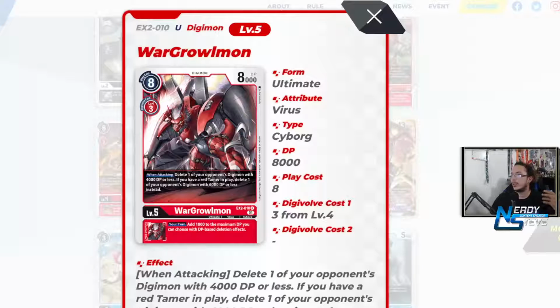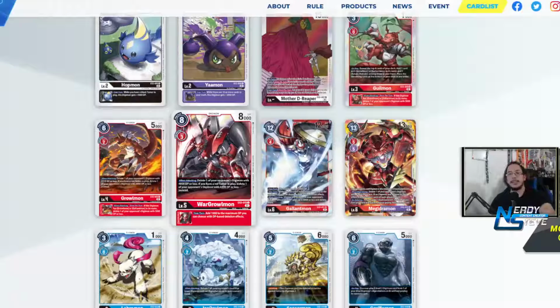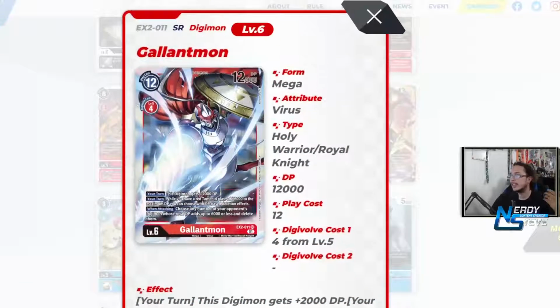When attacking, delete one of your opponent's Digimon with 4K DP or less. If you have a red tamer, you can delete one with 6K DP or less. So you can just start sniping stuff on the board with each of them. The whole line is what red does, that they delete onto a certain threshold of DP. That's fantastic already. And we're looking at the super rare